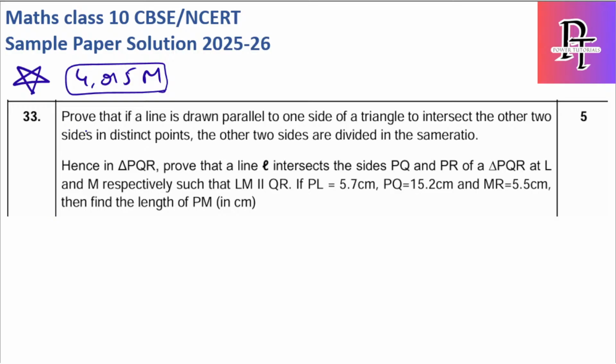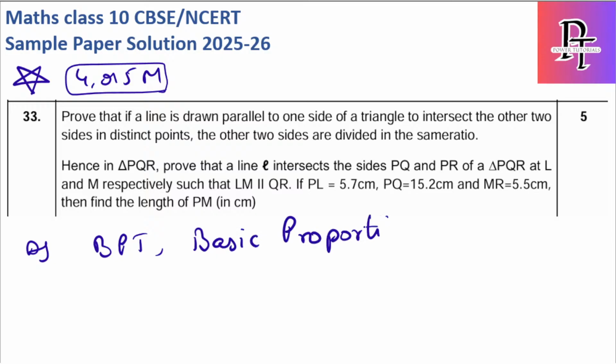So this is the statement: prove that if a line drawn parallel to one side of a triangle intersects the other two sides in distinct points, then those two sides are divided in the same ratio. Okay, let's prove this. This is nothing but BPT, which is basic proportionality theorem. Okay, so they can simply ask you to state and prove basic proportionality theorem, or state and prove BPT theorem,